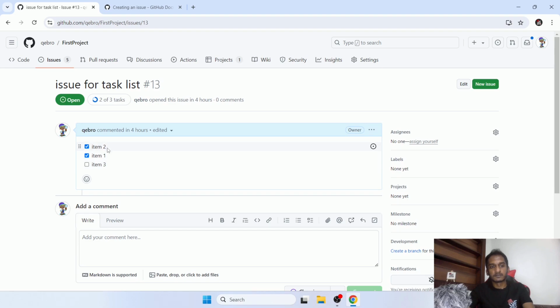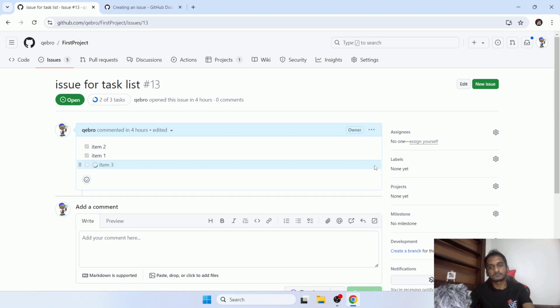But if you need to convert or create separate tickets for these, this will come in handy. For example, if you want to show these different options in the project board, and if those are assigned to different people, in that case to track the progress, or for time tracking purposes, or documentation purposes, or likewise for reporting purposes, if you need a separate ticket for this, no need to go and create it separately. From here you can convert this particular task as a new issue. So here is the option to